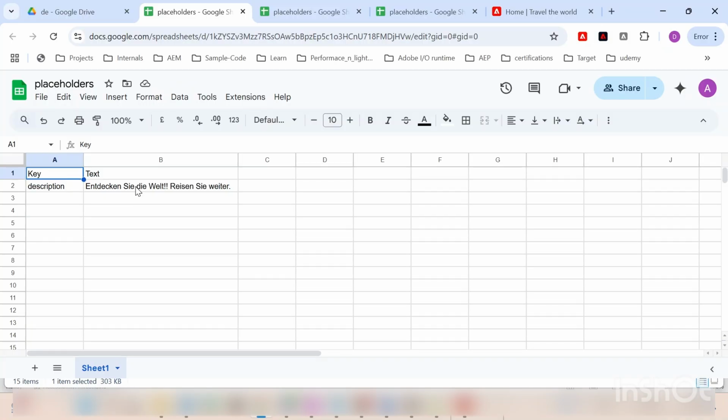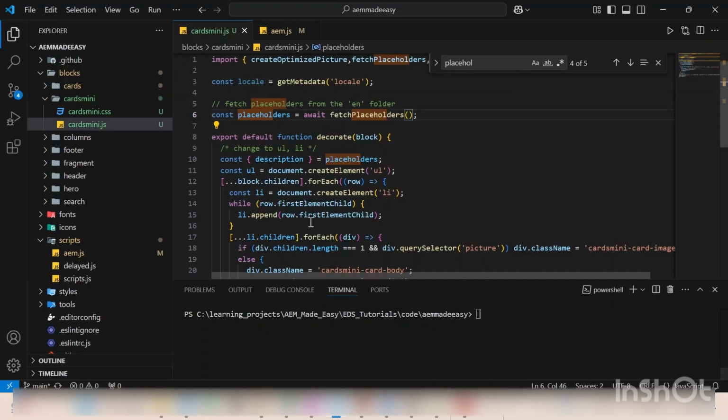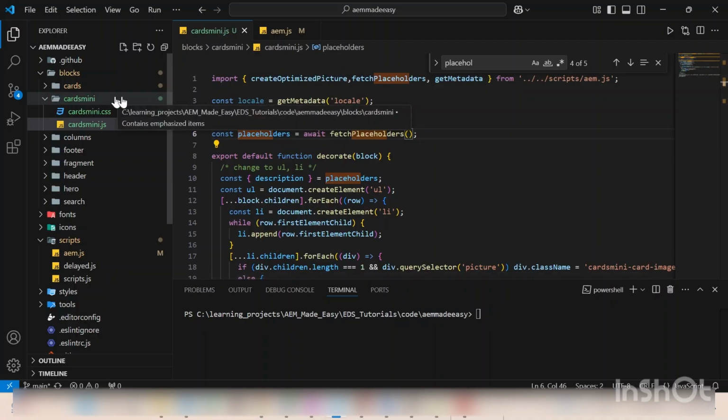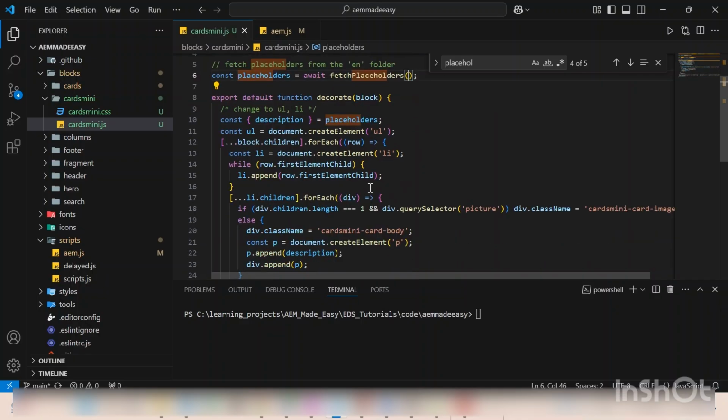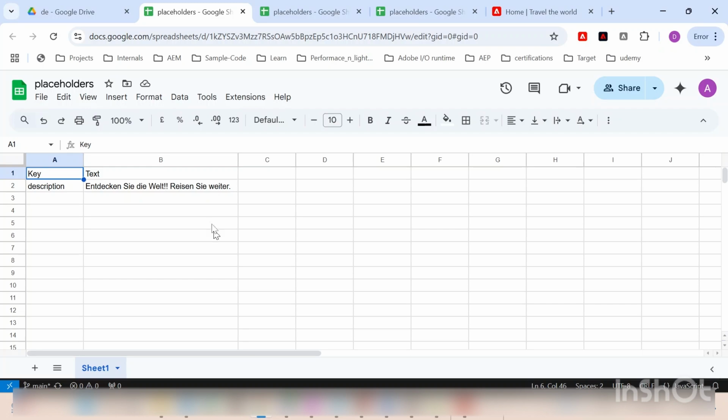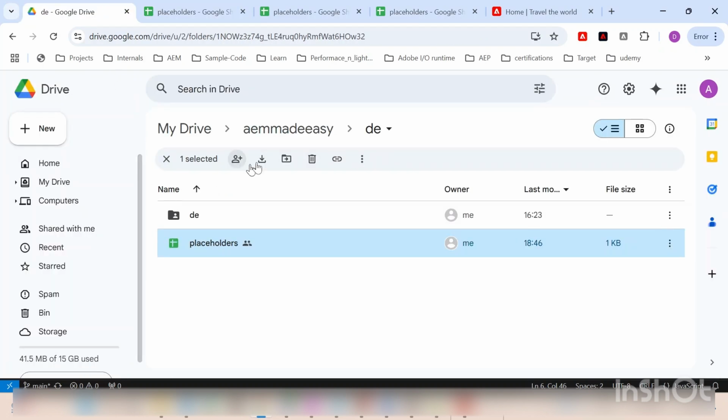So how will we use it? I have created a custom block, a card block with the name cards mini. It's similar to the card block, it just has a few additional lines of code to fetch the placeholder and then use it. I'll explain what I have done. Okay, so let's see the